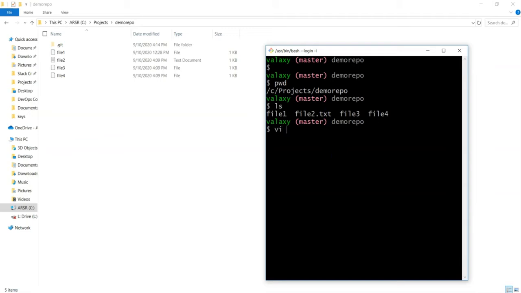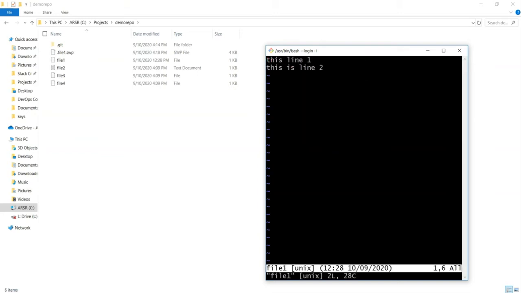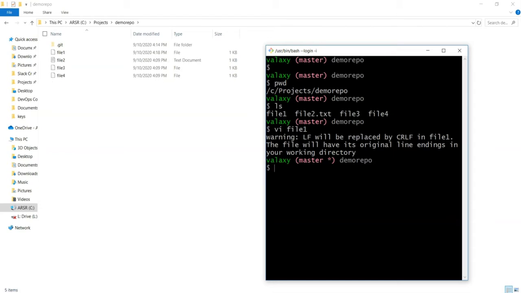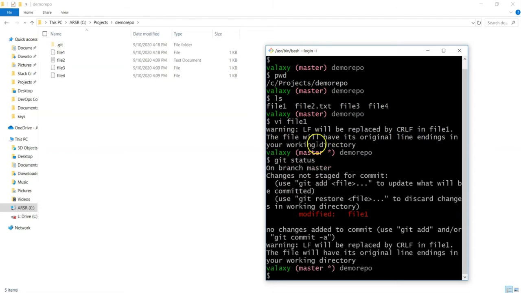For that I'm just going to update with vi file 1, or else I can go here and open it in a notepad and update. That also I can do. Anyway, vi file 1, and here this line 1 is there. I'm just going to update the typo. This is line 1. I have done some changes, and if I do git status now, earlier we were not having any updated files. Now we have updated it. So it is identified that there is a file updated in the working directory, but it hasn't been added to the staging area. I even want to update file 2 as well.